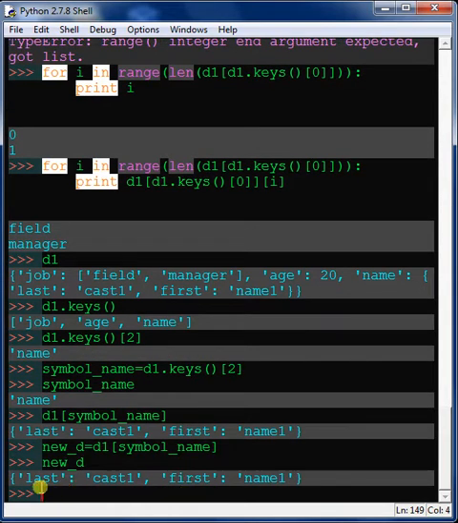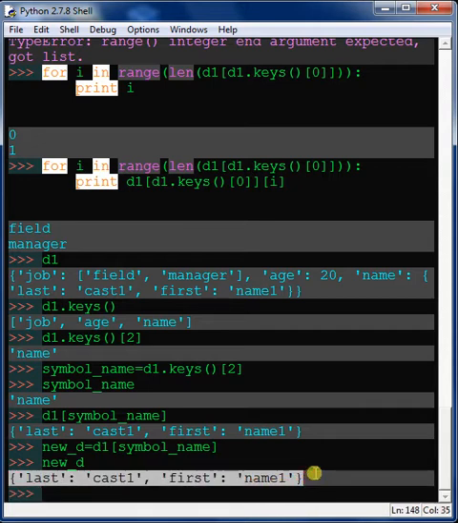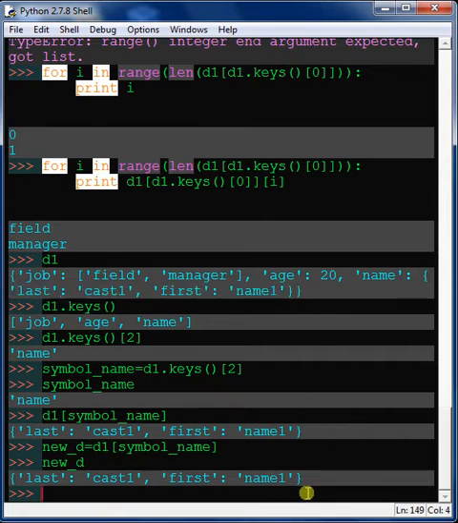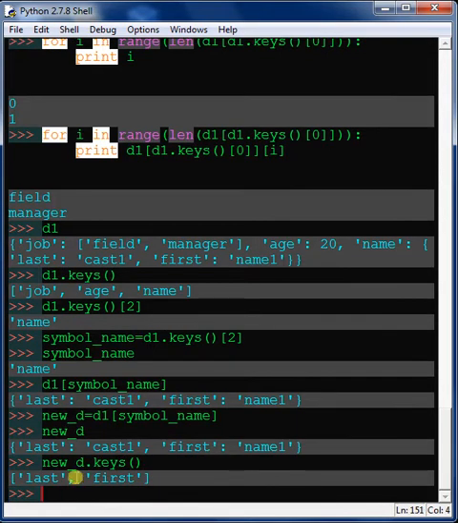We have replaced this new dictionary with only these values, so that things are much less complicated for us. Now you better know how to iterate through this. New d dot keys will give you last and first. Now how do you access the values? Basically it's going to provide you a list,